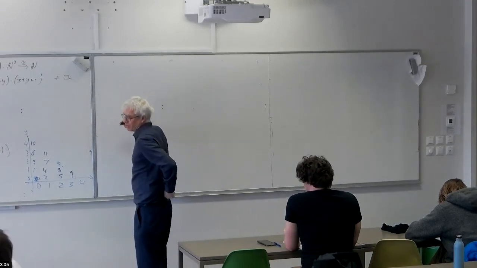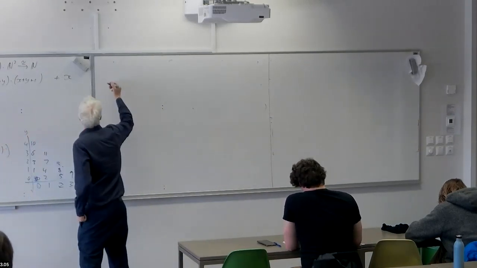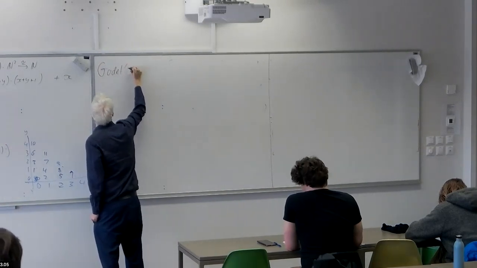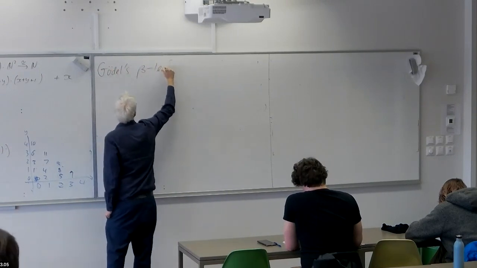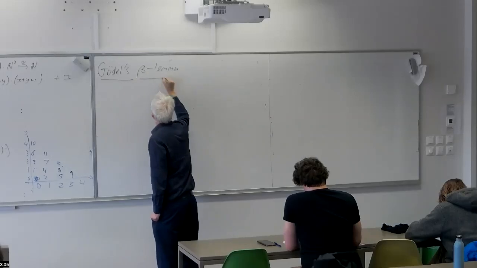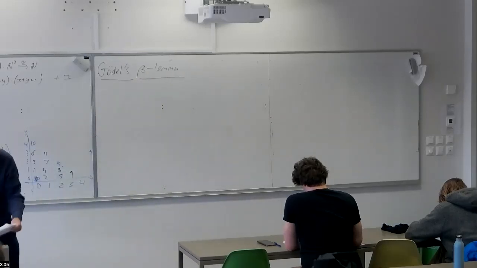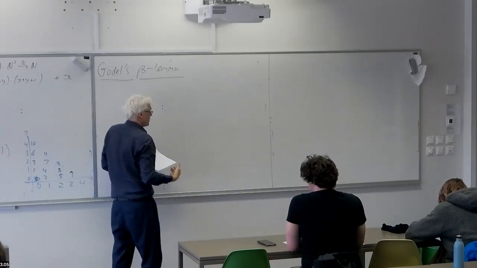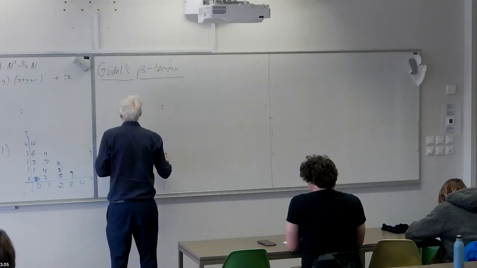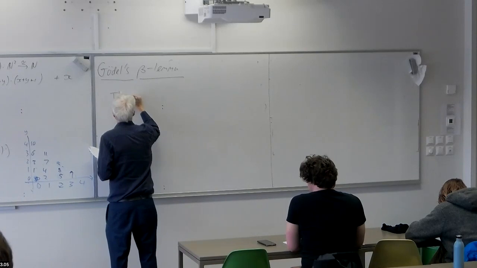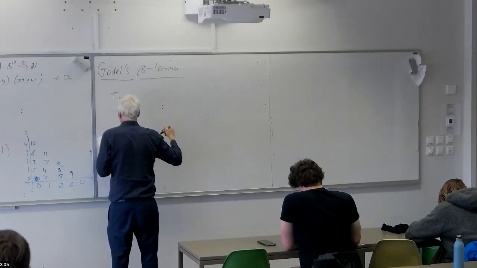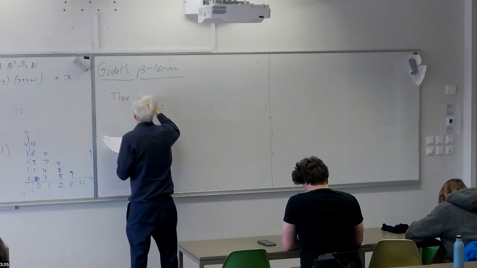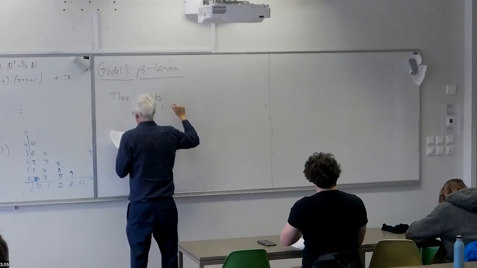And this lemma is called Gödel's beta lemma. So this was, as I say, one of the clever contributions that Gödel made in steps towards this proof. So Gödel's beta lemma. We're going to have a function that codes finite sequences in a certain way. And I'm just going to say what the function needs to do without actually defining what the function is. Then later on, we'll define such a function. That's going to be the tricky bit. But we're going to call the function beta.